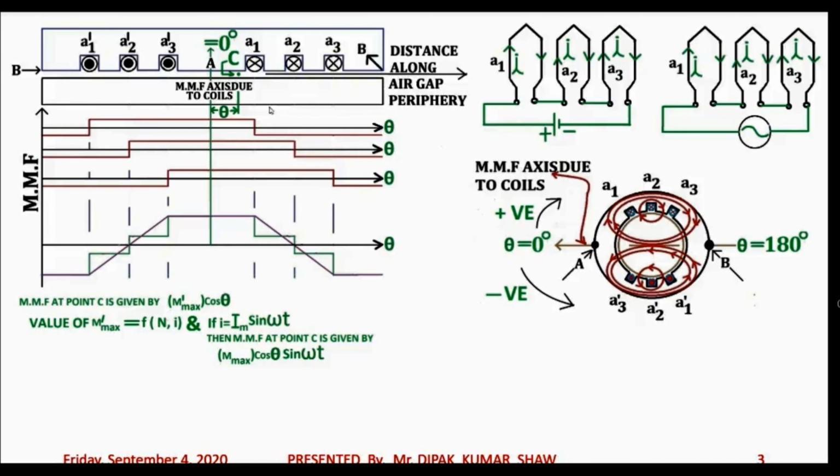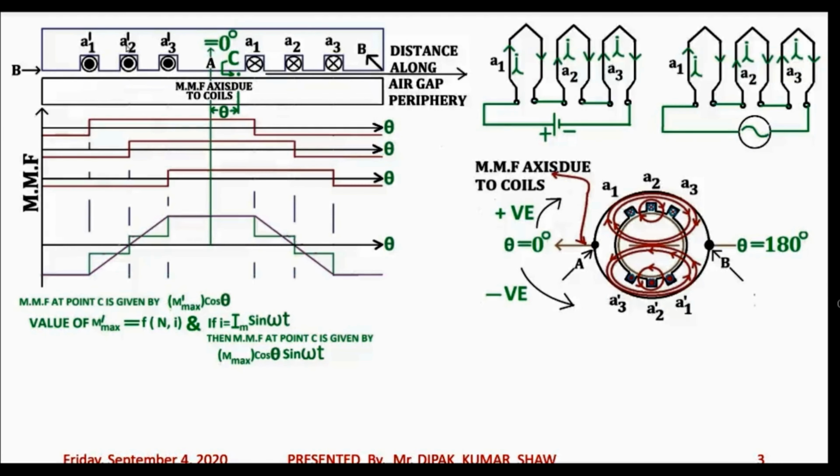Now this particular thing was analyzed by making one assumption which I have not stated, so let me state what that is. You see, MMF, that is magnetomotive force, is going to depend both on the current which is carried by the coil, that is I, as well as the number of turns of the coil. Once you have placed the windings in the slot, the number of turns are not going to change. So N is a constant. Now let us focus our attention on the nature of current. So if the current carried by these three coil sides, A1, A1 dash, A2, A2 dash, and A3, A3 dash,